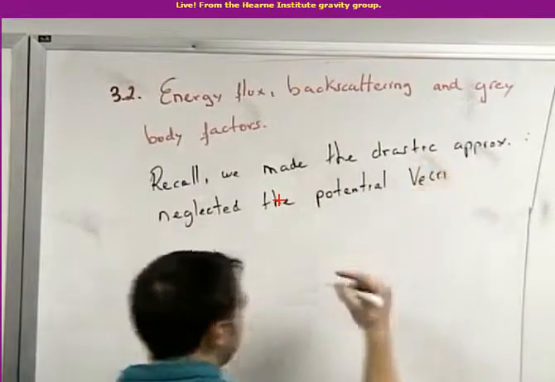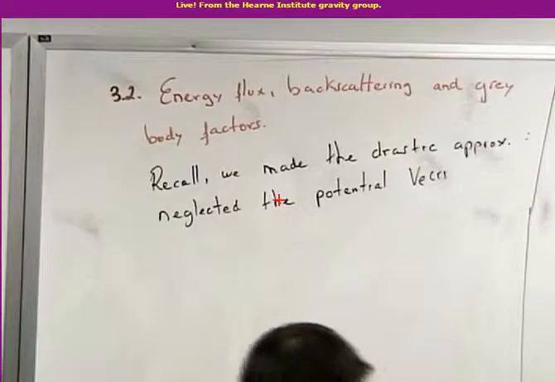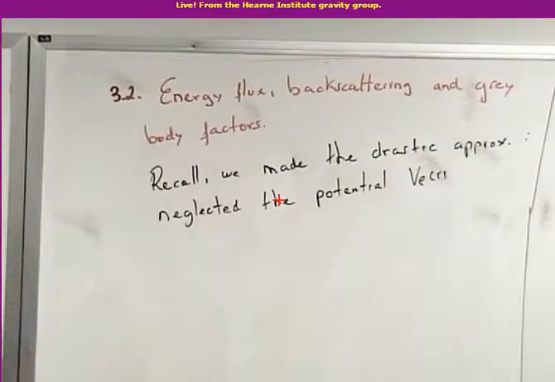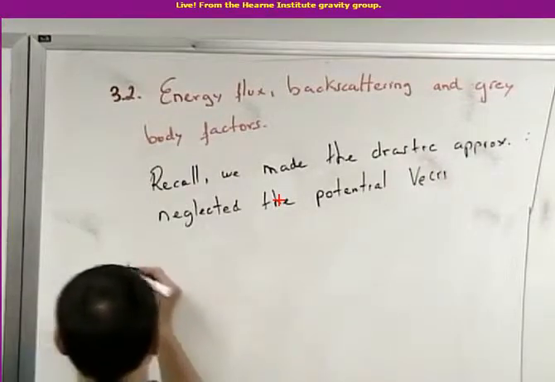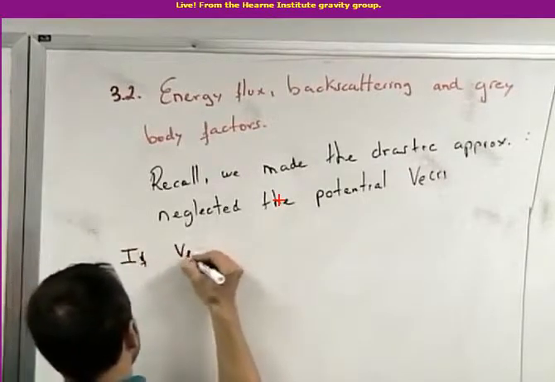So we took the potential that appears in the wave equations and put it to 0. And that seems to be quite a drastic approximation. So what I want to do here is to tell you what happens if the potential is present. So if V is present,